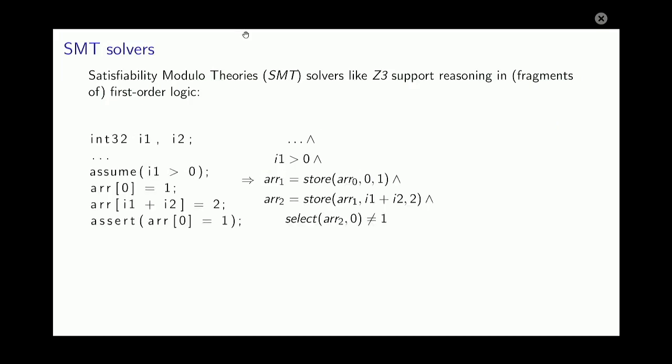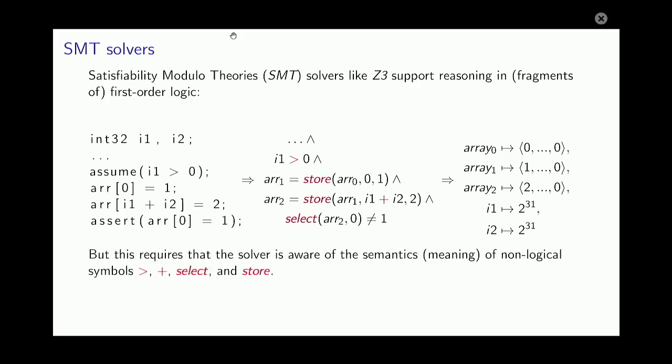For example, if we want to verify that the program here is correct, we can just translate it to an SMT formula. We can see here in the middle, and then we can ask an SMT solver like Z3 whether this is satisfiable or not. And in this particular case, we get a model, which means it is not correct, there is a bug, and we can more or less extract from the model the assertion violation, which in this case is an overflow from I1 plus I2. However, this